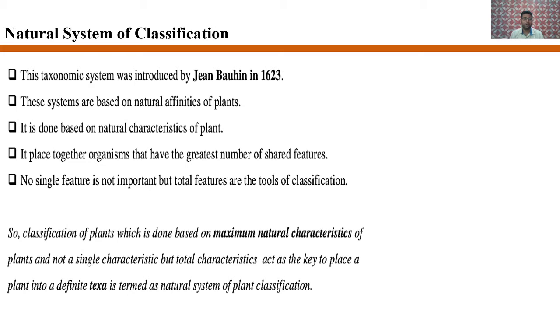And number four, not only a single feature is important, but the sum total of all the features exhibited by the plants are the main tools of classification. So the classification of plants which is done based on the maximum natural characteristics of plants, and not a single characteristic but total characteristics, acts as the key to place a plant into a definite taxa is termed as natural system